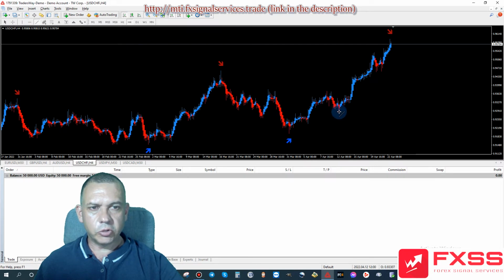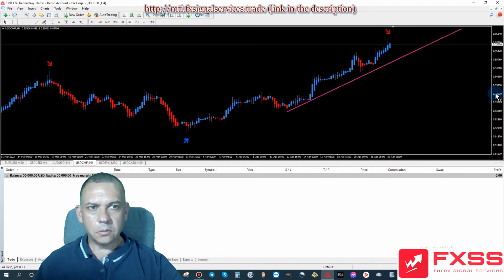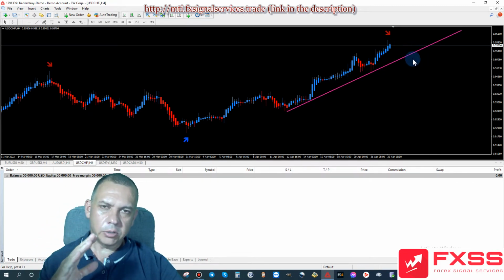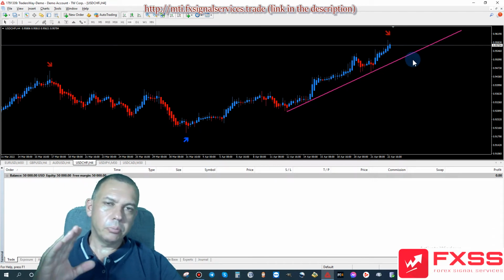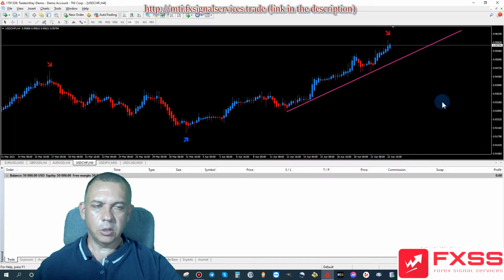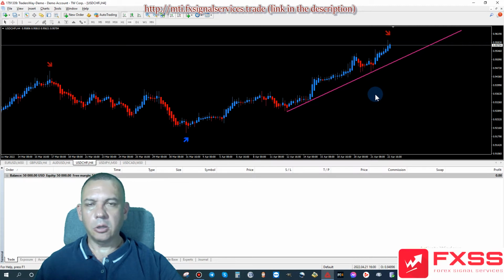If you draw a trend line, something like this, and let me zoom in a little bit so you can see. Whenever you have an uptrend, you have to mark your support. So this is what I'm doing right here, and what we need to do is wait for that trend line to break. Once that trend line breaks, then we can go ahead and sell and wait until the next blue arrow to close the trade. Or you could get 300 or 400, maybe 500 points and close the trade. Your choice. Get a little bit of profit, close it.